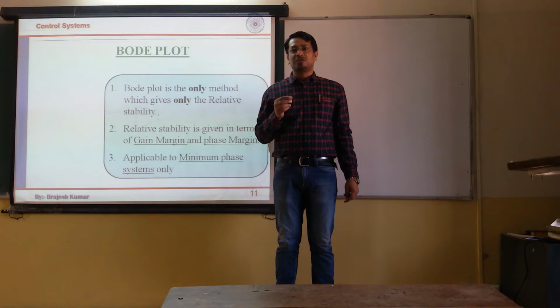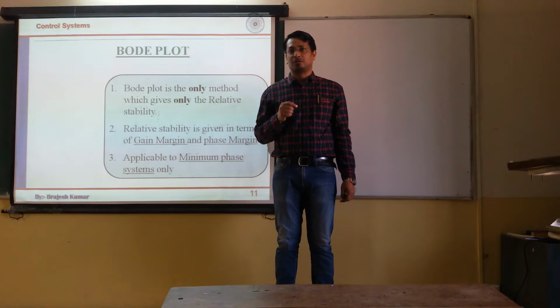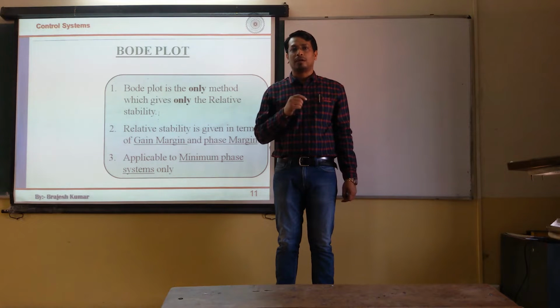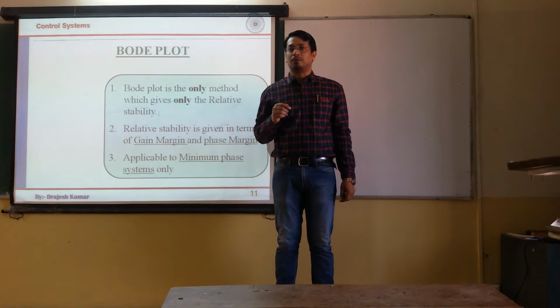We have found that the change in amplitude is such that the new amplitude, the amplitude at output capital Y, is defined as the input amplitude multiplied by the transfer function of the system, G(jω), the sinusoidal transfer function of the system at that frequency. So the amplitude of the output will be equal to the input amplitude multiplied by mod of G(jω) at ω equal to ω input.